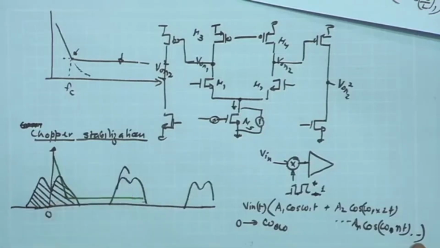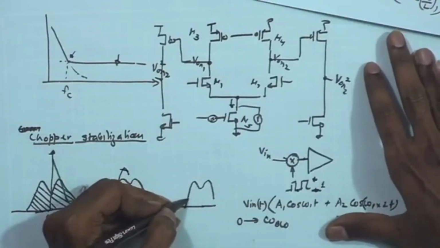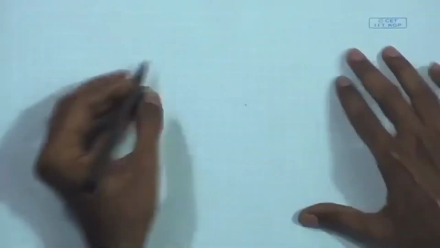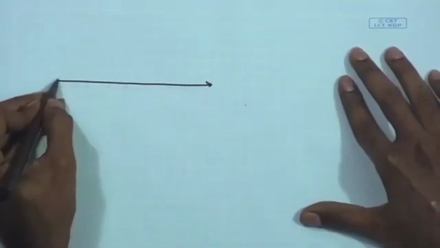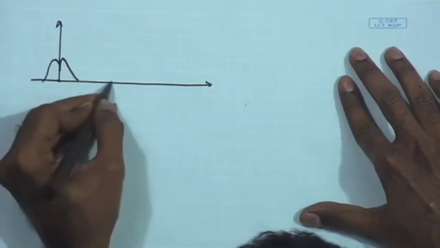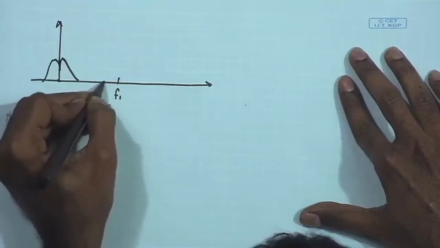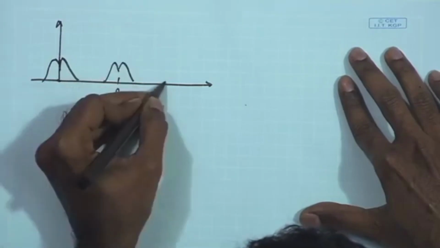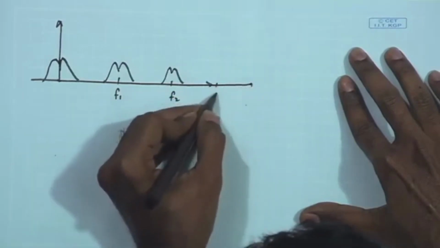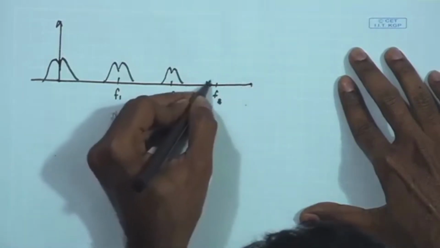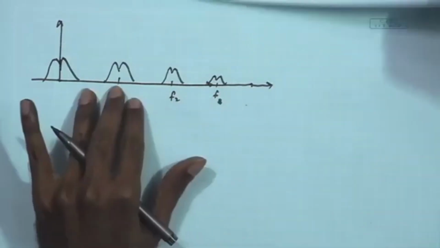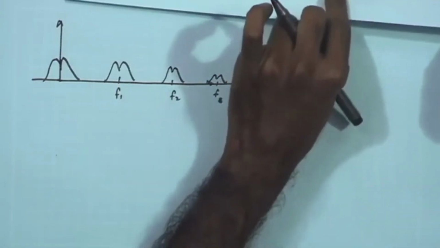So, let me draw it a little bit. Let me draw it afresh. So, I just drew it equal magnitude. So, the shifted ones should be having lower magnitude. So, you had the original signal over here. So, signal shifted to f1, f2 having further lower magnitude and so on. So, this is the spectrum we are going to get after the multiplication of the signal with the square pulse,